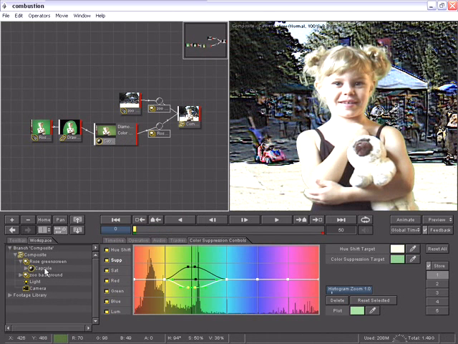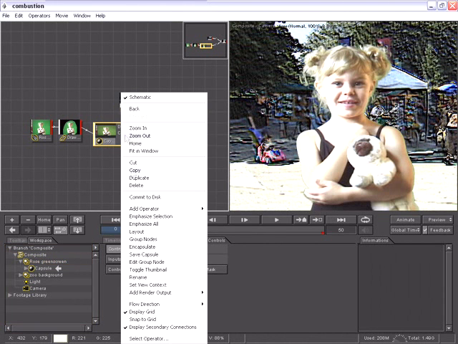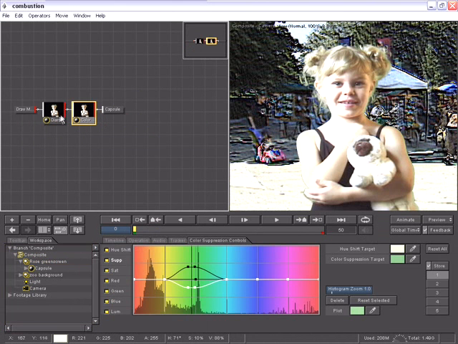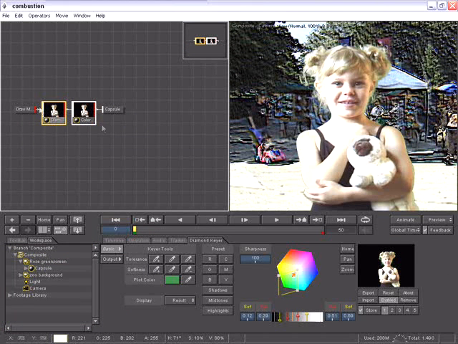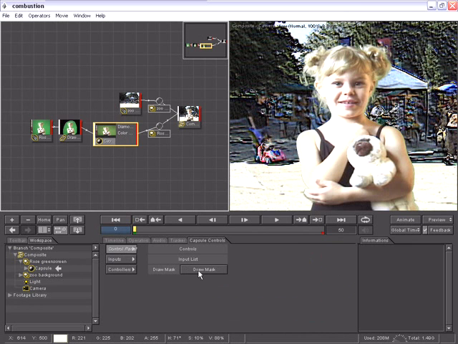You'll notice in the Workspace panel, I now have a capsule operator below the layer. When I select the capsule, you'll see that my control panels change to my capsule controls. If I want to edit the operators within the capsule, I can very easily right-click on that capsule and edit that group. Then we can see here's our color suppression and here's the Diamond keyer. We always have access to both of them. I can exit out of that edit mode by just double-clicking on an out node. And double-clicking on my capsule brings me back to my